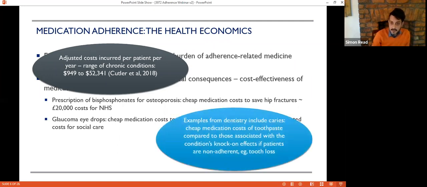To take this into the dental sphere, one example is caries, which prescribes relatively cheap, high fluoride toothpaste, but with non-adherence factored in, could see significant additional costs in treating the condition as it progresses, ultimately towards tooth loss and the further costs associated with that. As important as the costs in terms of healthcare provision, though, are the potential costs for patients associated with progression and further treatment, which may exclude those with less income. Unfortunately, as with many issues,